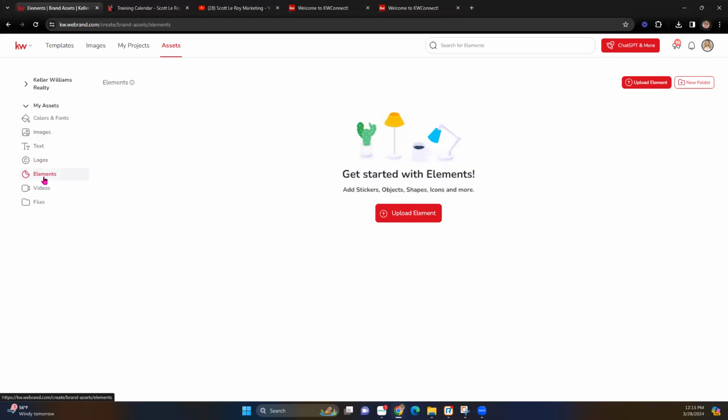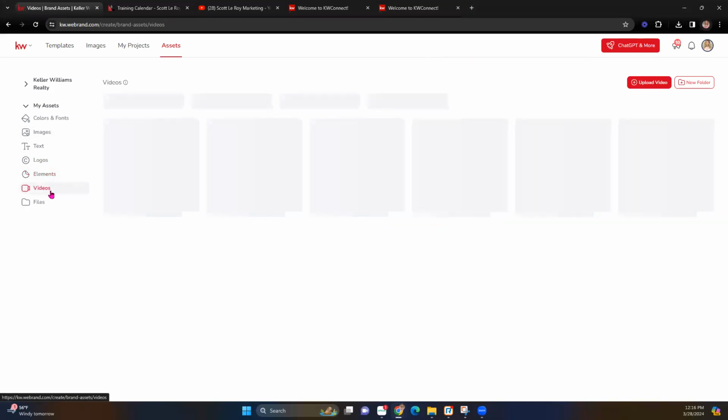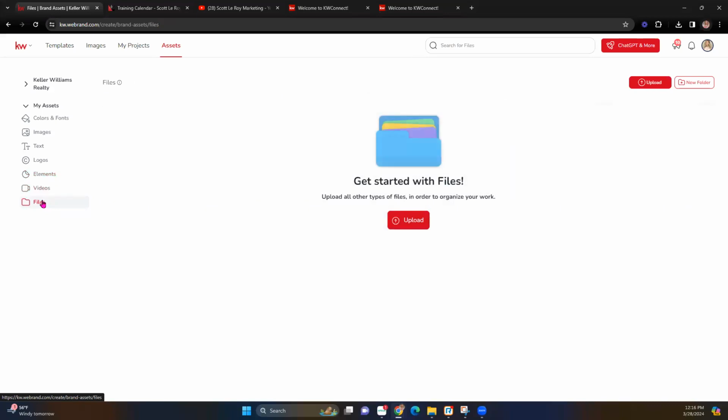Next is elements. Again, same thing as the KWRI provided ones. If you have any specific colors or icons or symbols that you're using on a regular basis. Same for videos and files. If you have any of those that you're using on a regular basis, it's easiest to have them as your assets. Now that we've gone through that, let's go back and take a look at actually creating our piece of